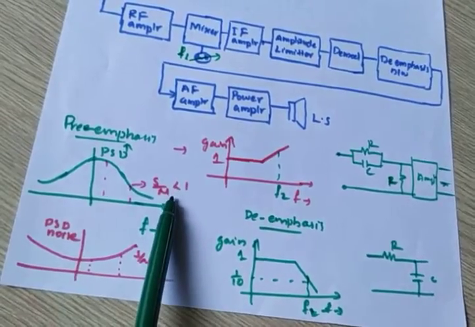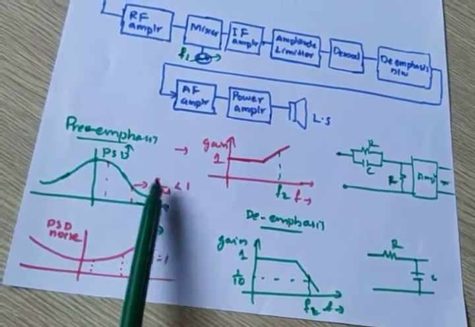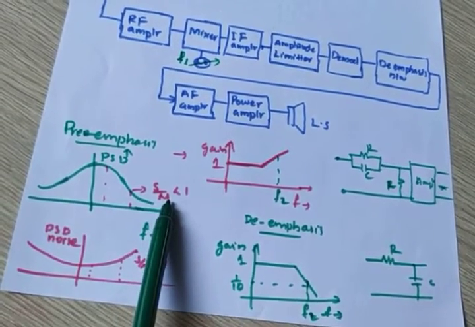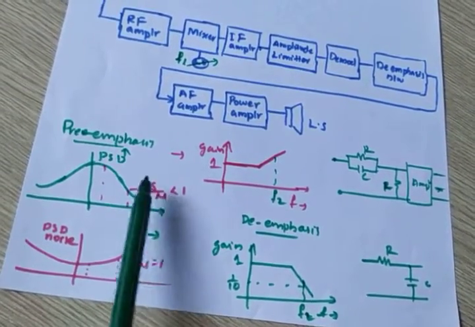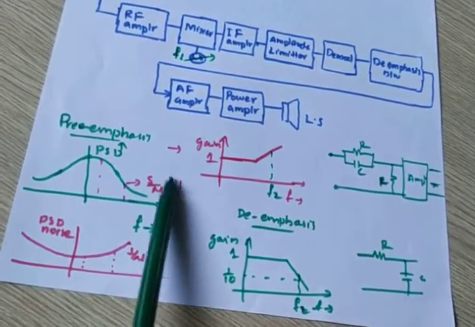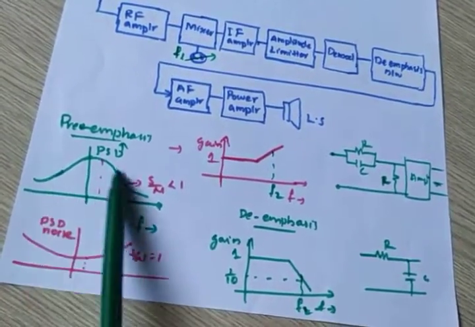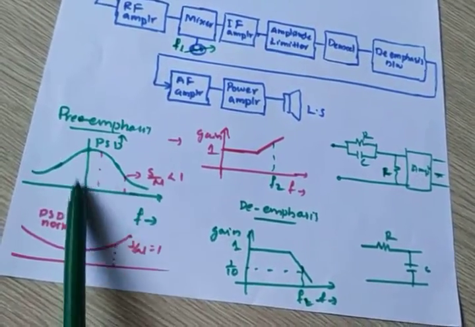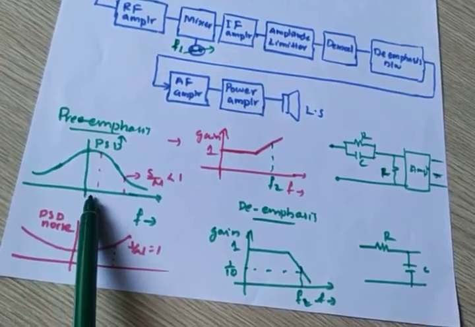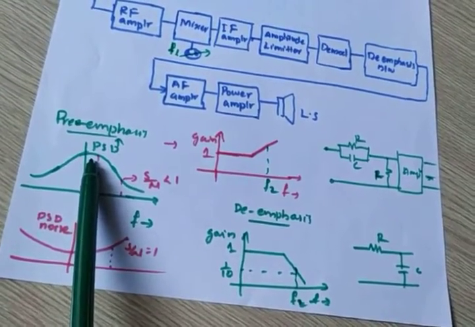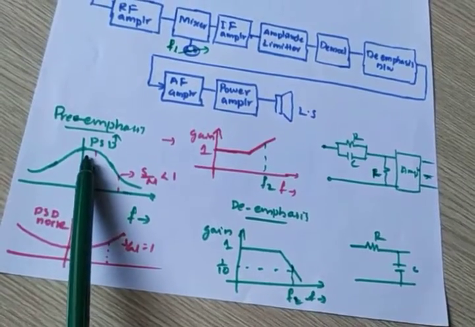So we normally calculate the signal to noise ratio. This is very important. This ratio should be very, very high. That means signal power should be very high, noise power should be very low. This is the graph of power spectral density of signal to noise ratio. See here, this is 0. From here frequency is increasing. So low frequency has high power spectral density. That means low frequency has high signal to noise ratio.